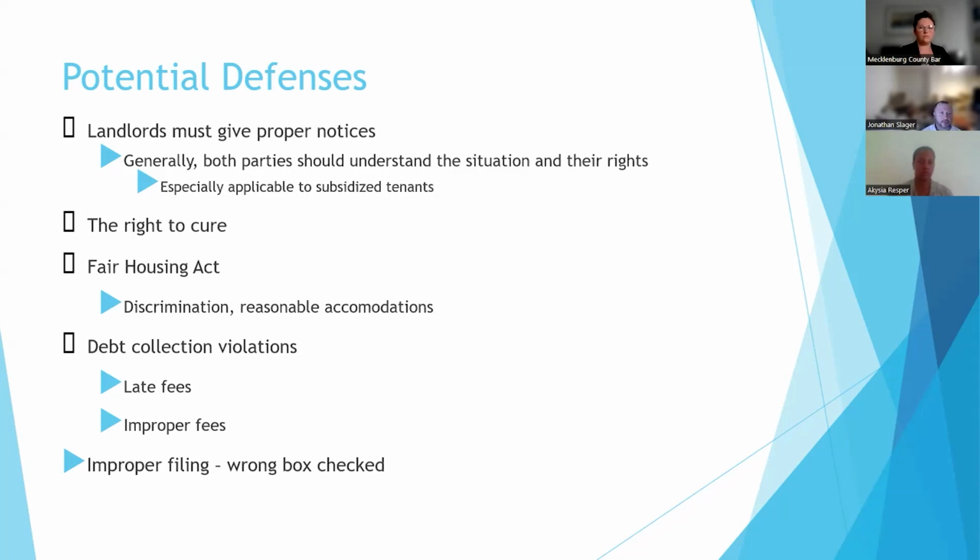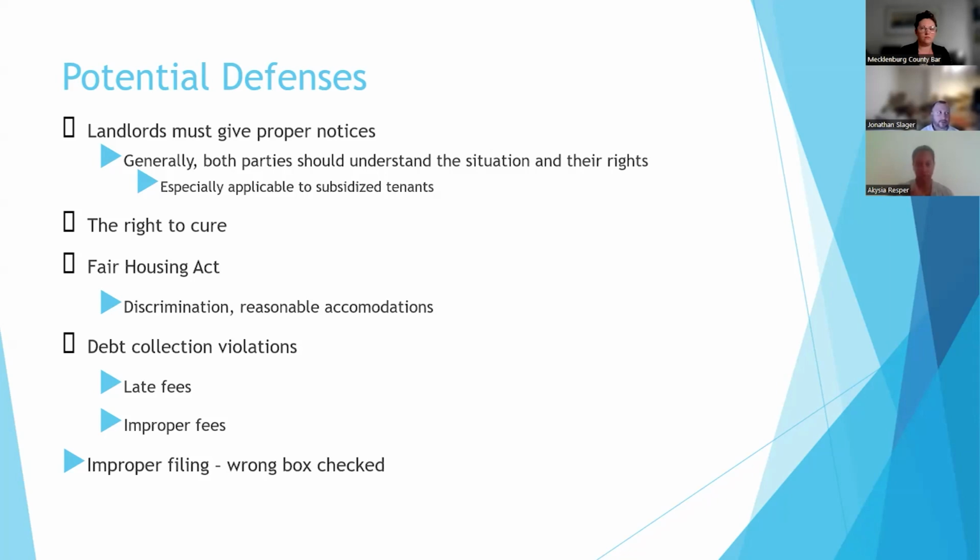Another important defense is when the landlord has filled out the complaint incorrectly. As was mentioned earlier, there are 4 boxes, 4 main reasons why a landlord can file for eviction. A lot of times landlords, without having an attorney, think they're checking the right box. For example, the first box in the complaint is for non-payment, but depending on the way the lease is written, it might actually be a breach of the lease, so a different box might need to be checked.